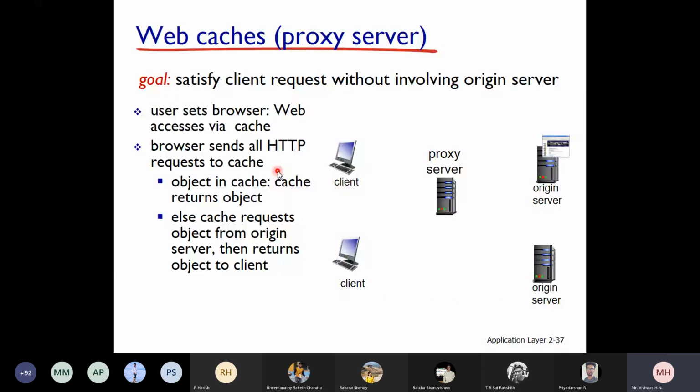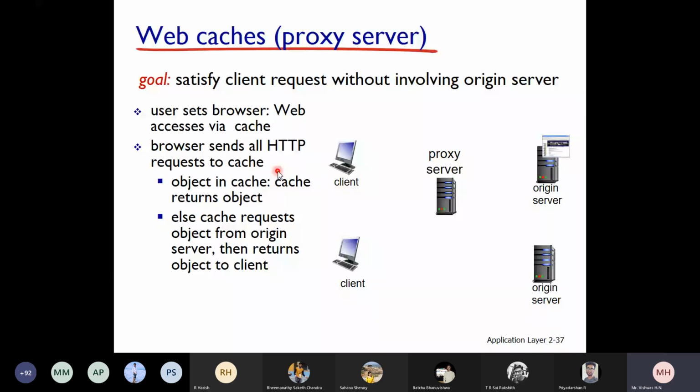So basically, there are two benefits you get from the proxy. One is that the response time is very low. The other is that you are avoiding traffic on the internet. Generally, practically around 40 to 50% of your general requests are served by the proxy itself. If proxies were not there, you can imagine the traffic intensity on the internet. It will be huge. These proxies are avoiding 50% of the traffic on the internet. That's the reason why proxy servers play a very important role in network architecture.